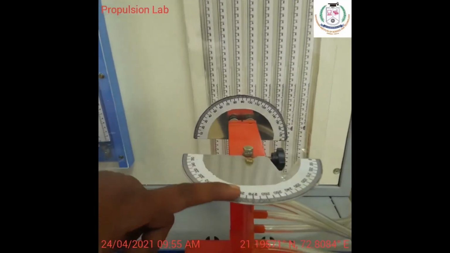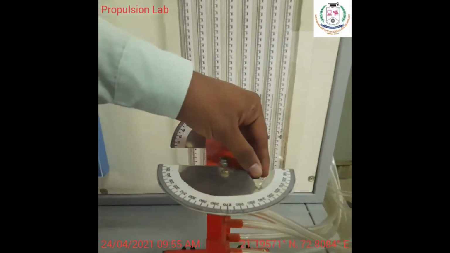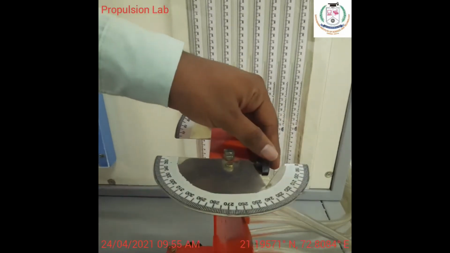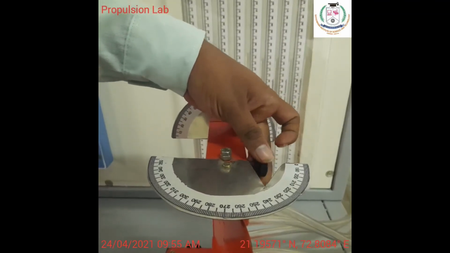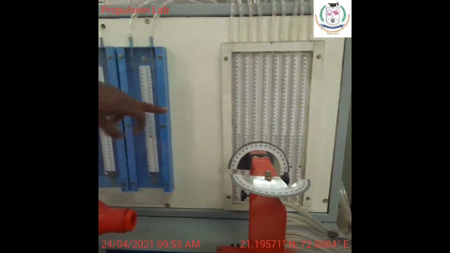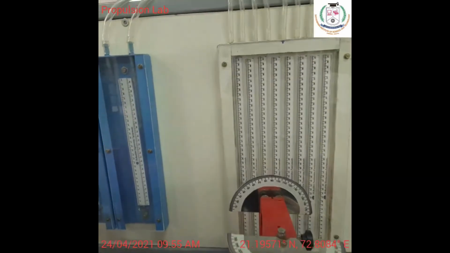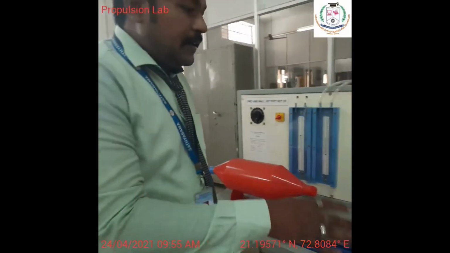So now I am going to tilt it by 260 degree. So when I tilt this by 260 degree, I can do this, and I can type this. Okay, so now it will be standing at 260 degree. Now you can note down the pressure variation table. Okay, so such like you are going to have the readings and the calculation.